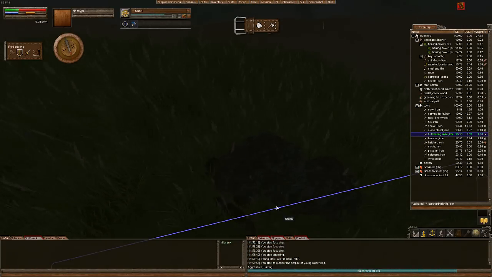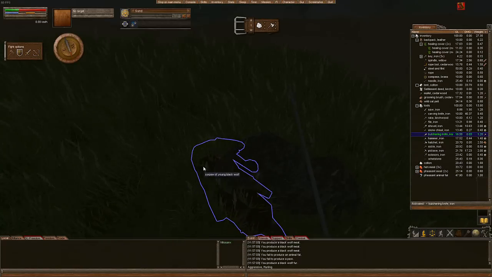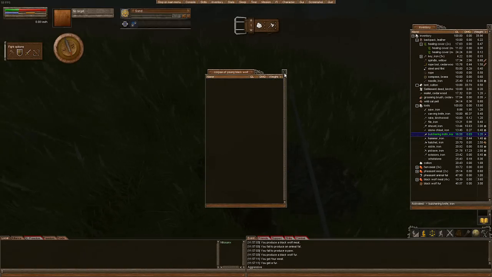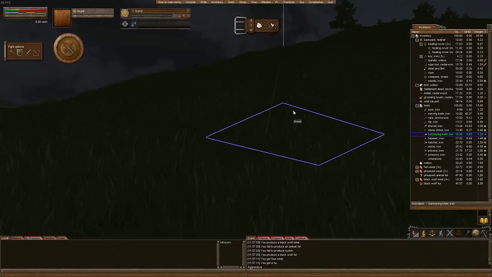Here we go, butchering. Yeah, we need a pelt for crafting. Oh, look at that. Beautiful. So, oh no, it's only fur. Damn it. Getting that pelt is not easy. So what we're going to do here, we're going to make sure...